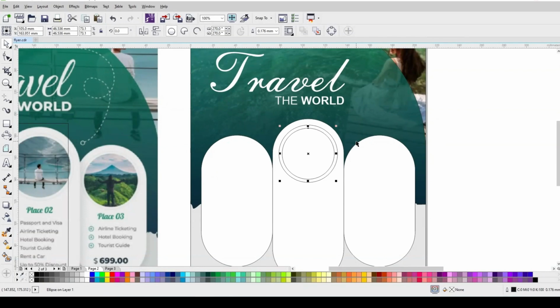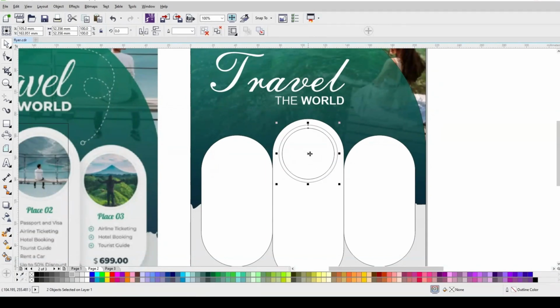Select both. I'll change the color of this line to dark gray. Okay, I'll increase the thickness to 0.25 mm. I'll make it 0.5. Okay, select both,